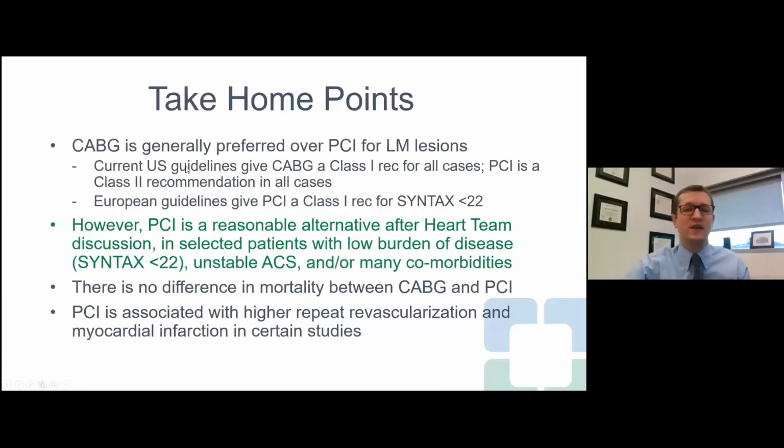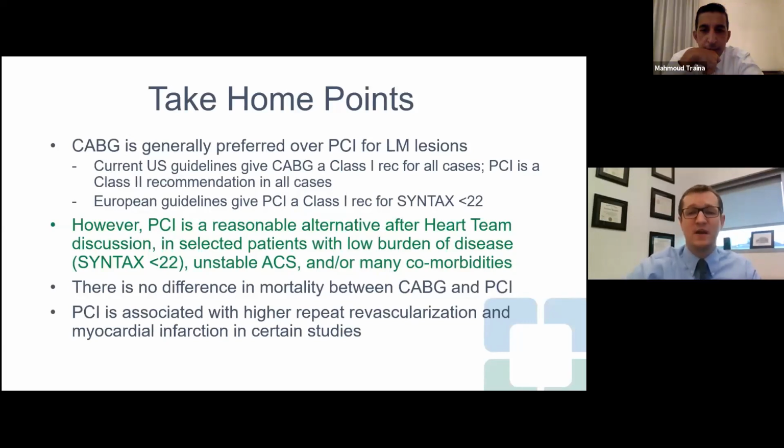So the take-home points is that CABG is generally preferred over PCI for left main disease, but in patients that have a low syntax score and relatively straightforward anatomy, PCI is a class 1 recommendation in Europe and can be considered in the United States. It is a reasonable alternative after heart team discussion in selected patients, such as low syntax score, unstable ACS, and patients that have many